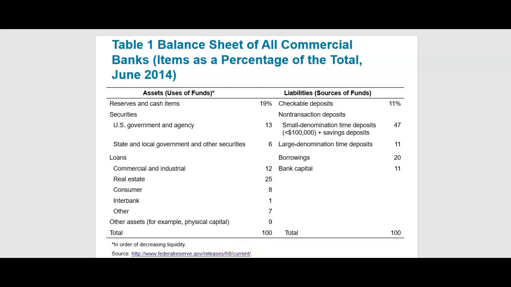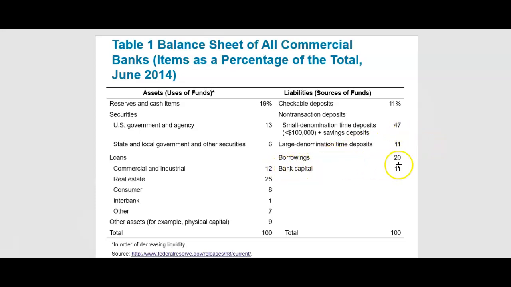the distribution. So we have the reserve and cash items, the security is playing a second large role. If you notice here in the loans, real estate is one major part of it. And we have the other physical capital as part of the assets, so the building that they own or whatever they have. In here we have on the liability side, we have the checks, we have the non-transaction deposit, and that's large. The non-transaction deposit has the small denomination time deposits, the CDs, the long terms, the short terms, and so on and so forth, and the saving accounts.